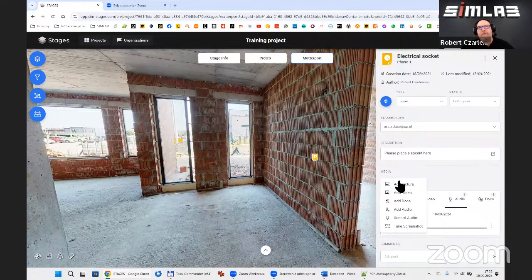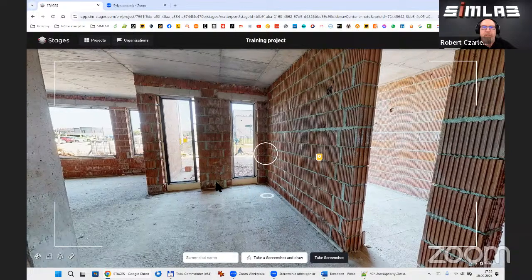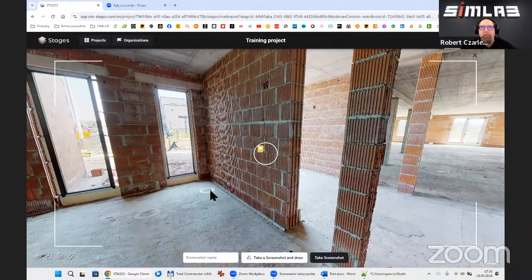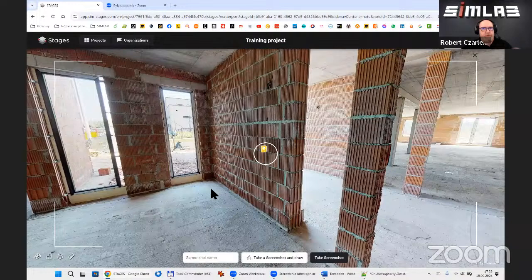The last position on the list of attachments is a screenshot, and this is quite interesting in my opinion, because I can take a screenshot of the view on the screen, but also I can take a screenshot and draw on it.